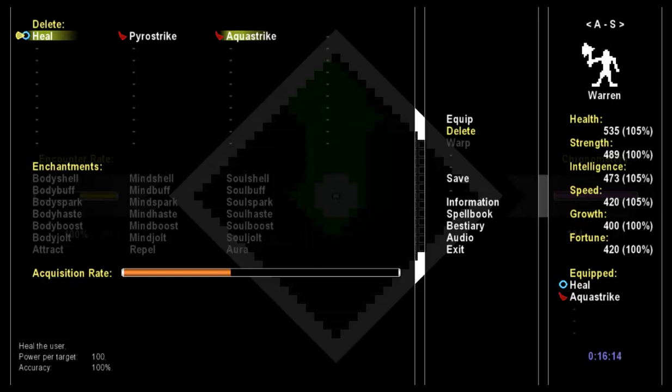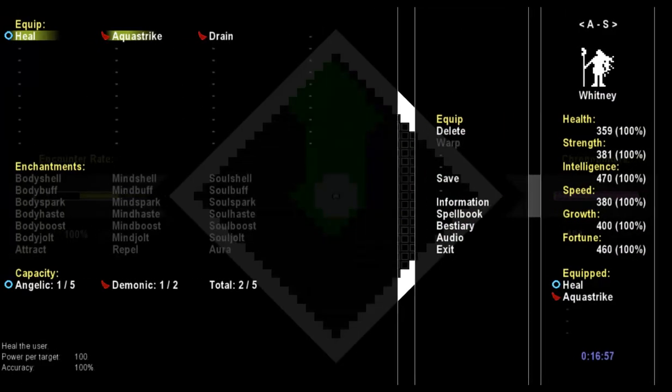Now, something I want to draw your attention to is this acquisition rate. I have actually added a bar there to demonstrate to you the acquisition rate for spells for any given character, because you may remember I said last time that your acquisition rate of spells, that is the chance of you getting a spell after battle or having a spell banked ready for when you warp, is determined by the character's fortune, and it's also determined by the amount of spells that character has. So this means that as you delete spells, you will be able to